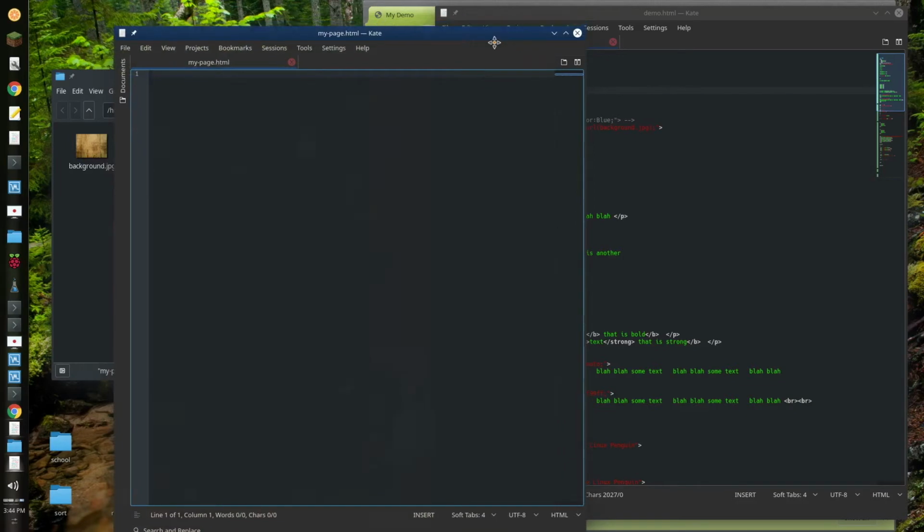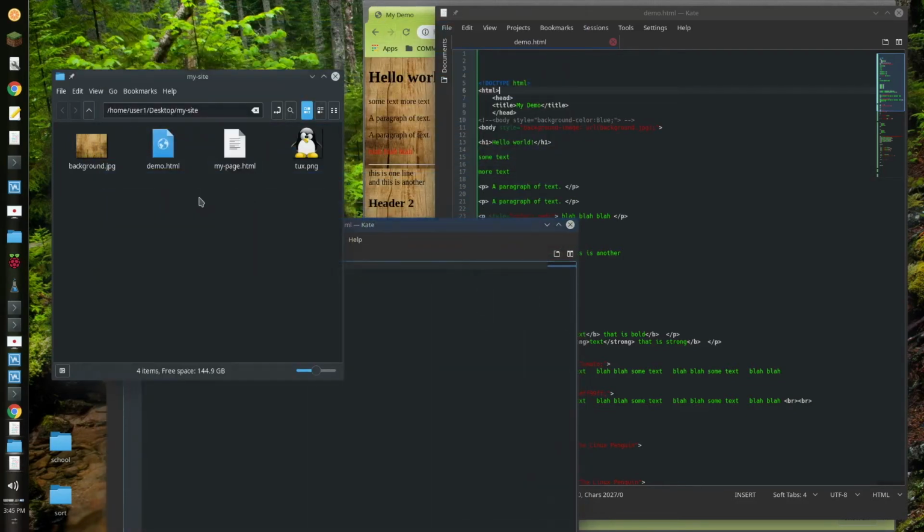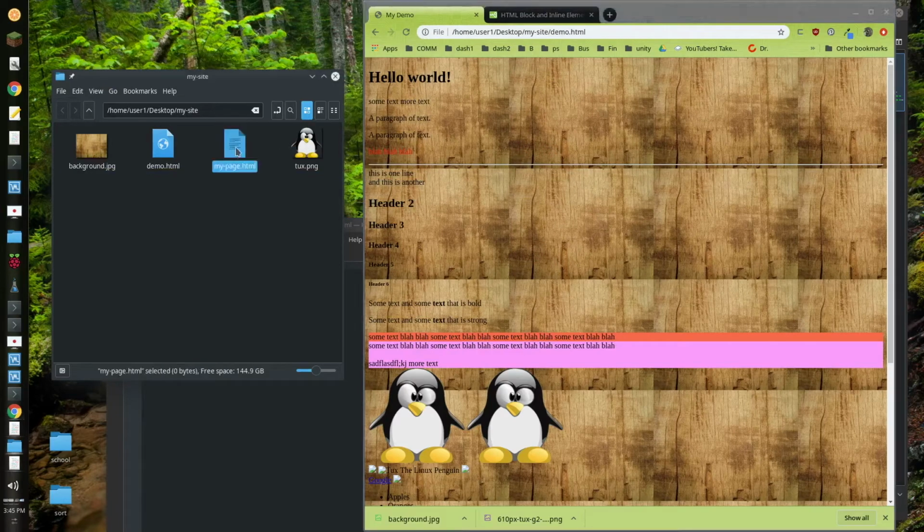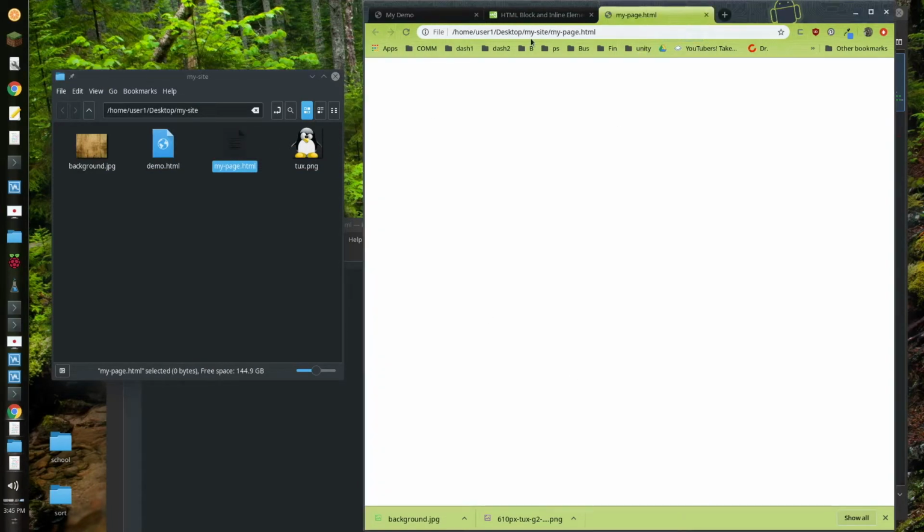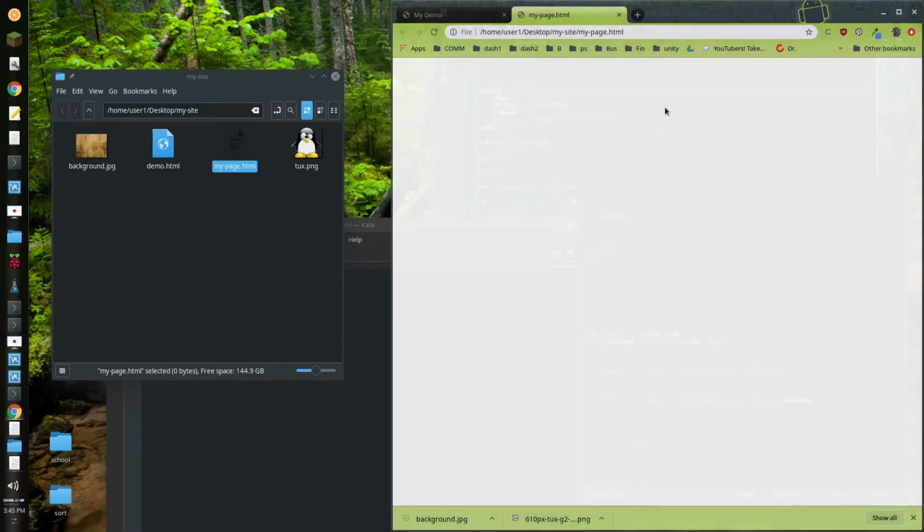Now, move this down over here, and say if we take mypage.html, say if we want to view that, drag that over into our browser, create it, and there it is. It's a blank page, as you would expect. So we have a nice blank page here,